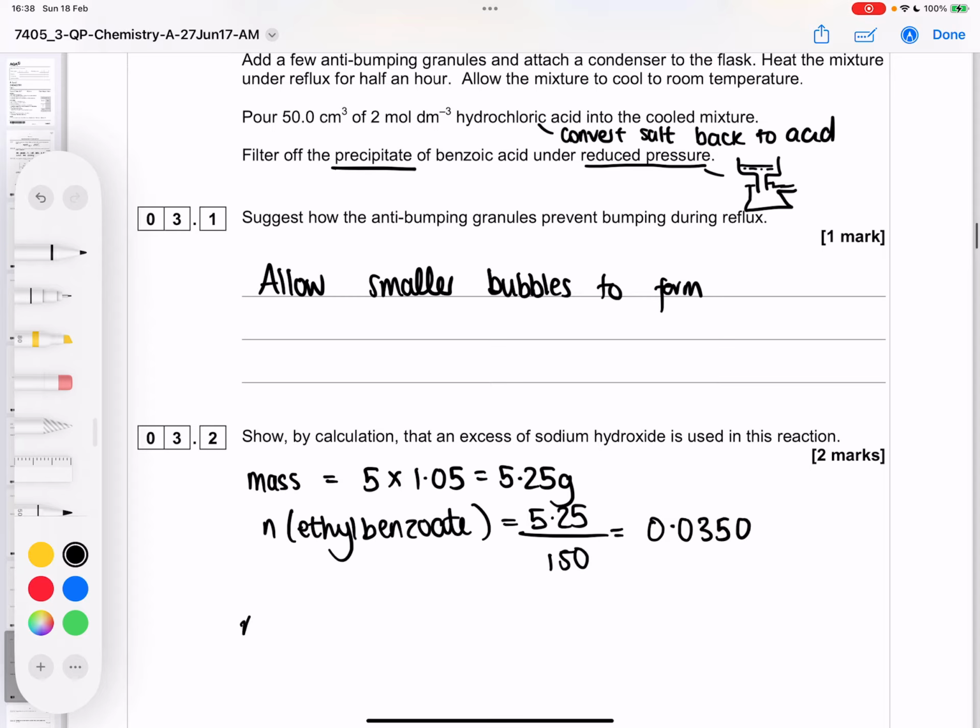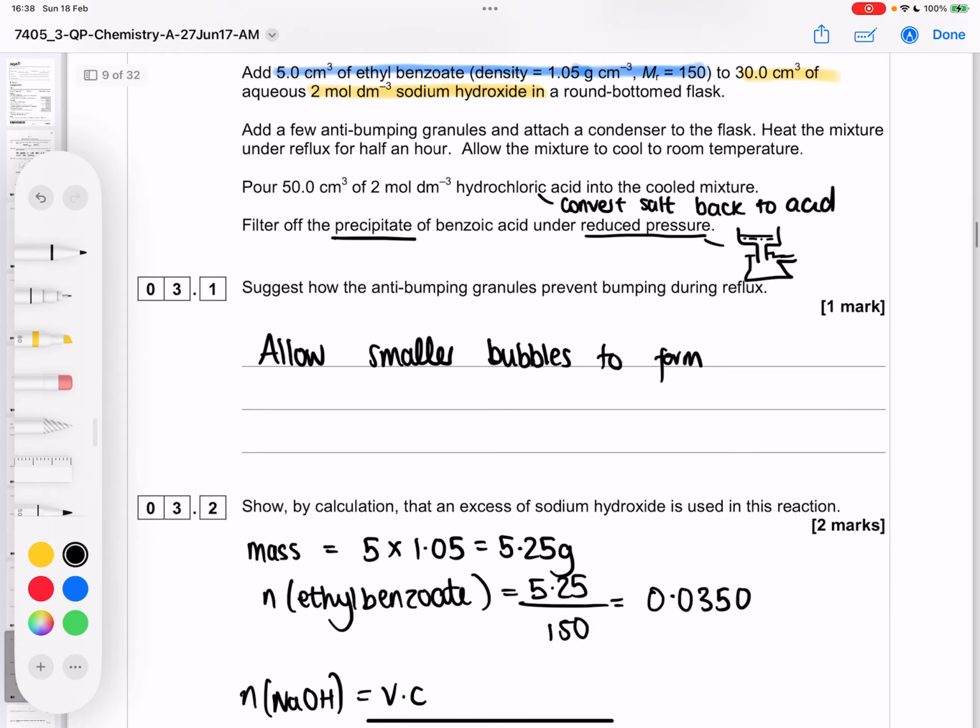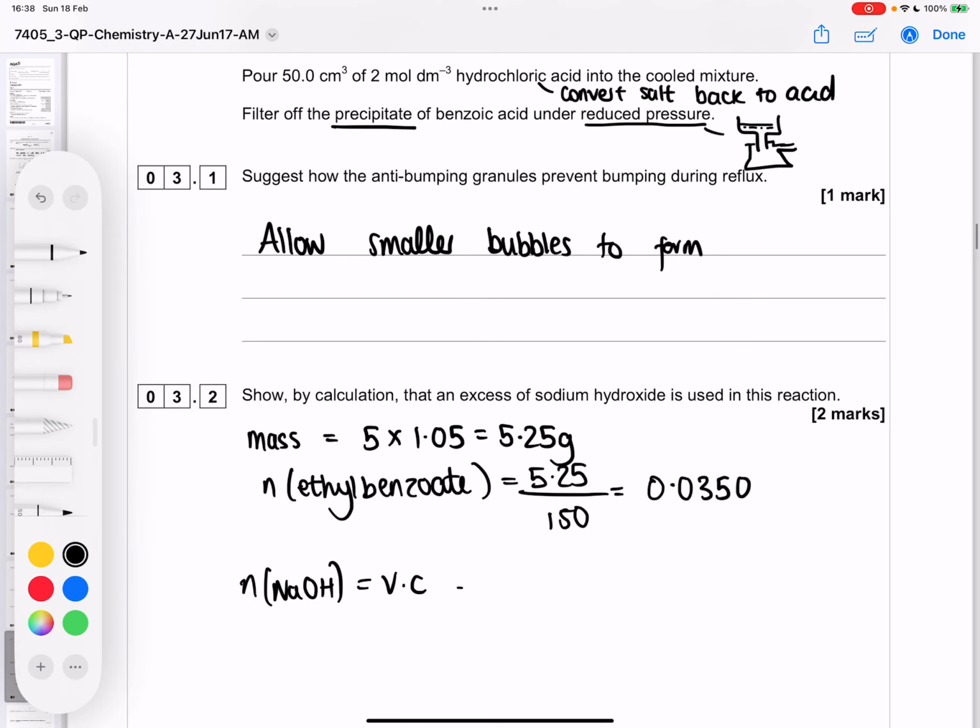Let's calculate the moles of NaOH, slightly easier, volume times concentration, but do remember to convert your volume into decimeters cubed. So 30 times 10 to the minus 3 times 2, this is